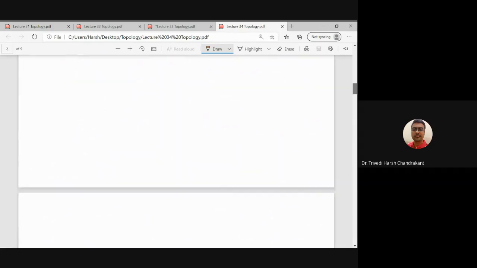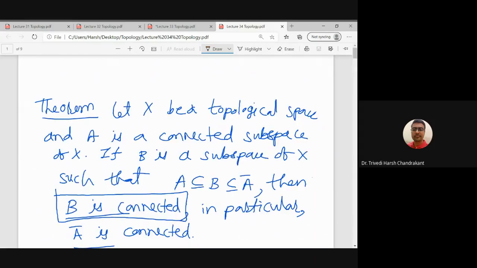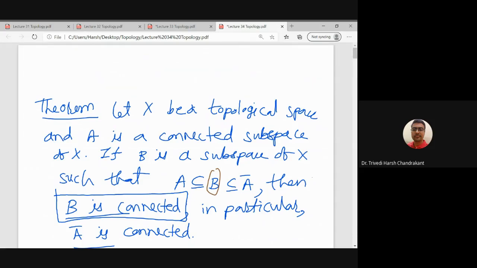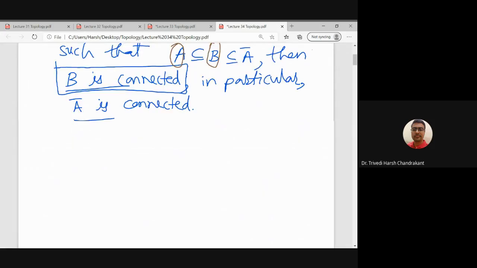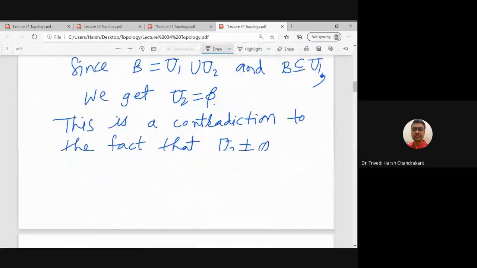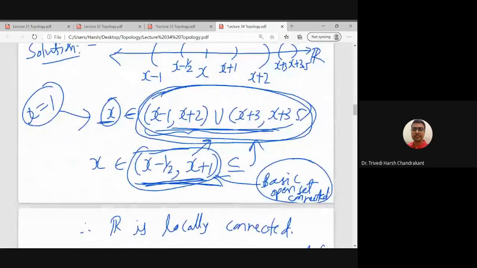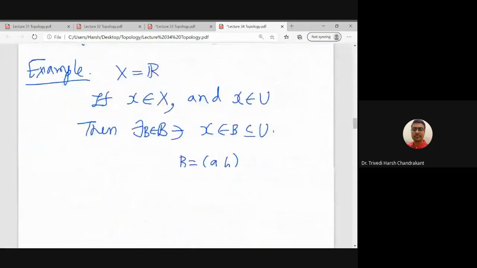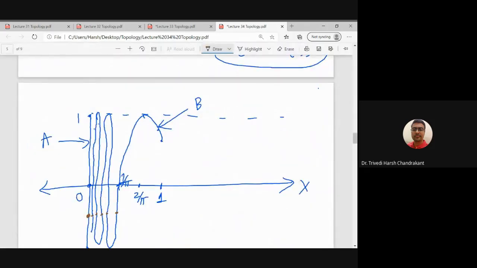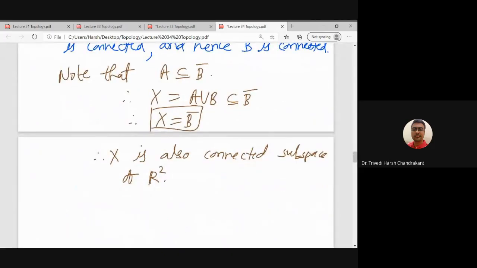So basically what we used is this result here. Therefore we have taken the closure, and this B is different than what B we are taking. So the set B which we are taking in the example is actually A, and its closure we are taking, so B is A closure, and that is basically X. So here there is some confusion in notation, but essentially this is the result we are using. So X is connected,